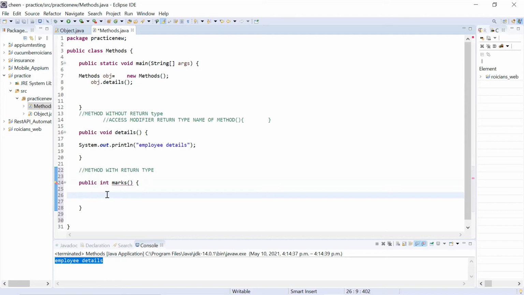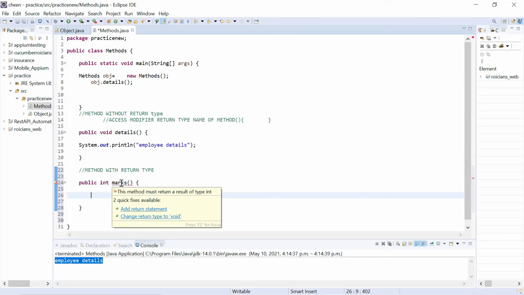One thing you must notice is that it is still giving me this red line beneath the name of the method. Why? Let's put the cursor and read it out. It's saying add return statement. Because we have provided a return type for this method, we must provide a return statement. This is mandatory. If you are writing void, you need not give any return statement because it is not returning anything.